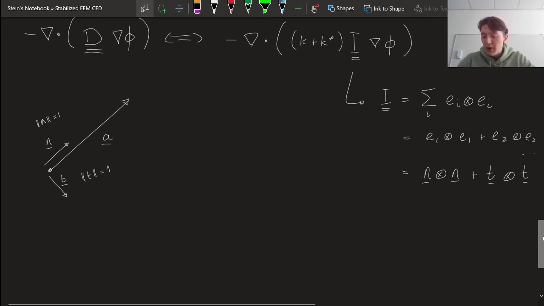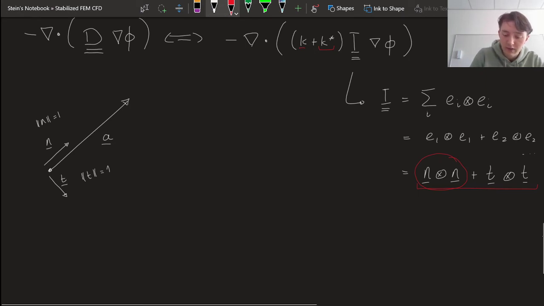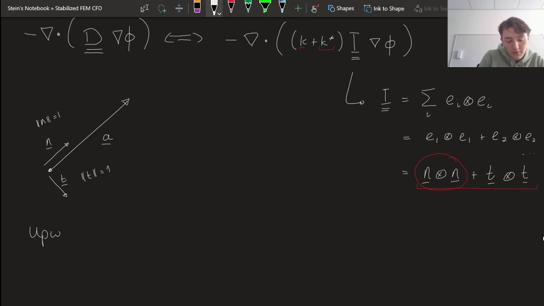So now it maybe already becomes clear. What we want to do is we want to have that our original diffusion, well, that's the physical one, right? That's not something that we're going to change. So that one is allowed to act in the isotropic direction. But we want our artificial diffusion not to act in all directions, but only to act on this direction. So we're going to rewrite now a little bit. I'm going to say upwind artificial diffusion